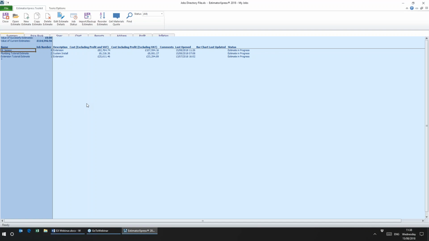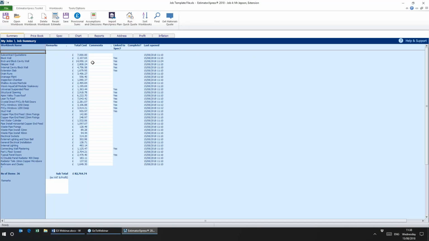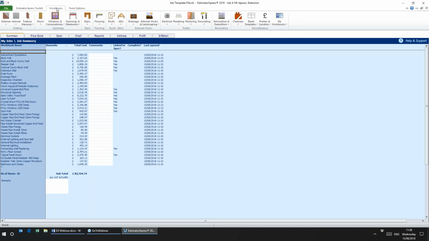So within Estimator we have a lot of workbooks to do attics, but we don't currently have a template within Quick Quote, which I'm guessing is possibly what you were getting at, and that is something that's very much on our radar. We do want to do Quick Quote templates for loft conversions or houses with lofts. And we also want to do things like garage conversions. So if you're either converting a garage or extending up a garage, that again is a key one on our list of things that we want to get done, and conservatories as well is another key one that we hope